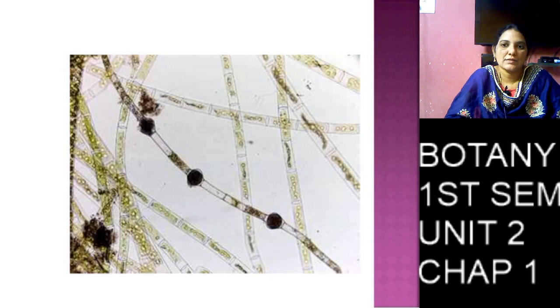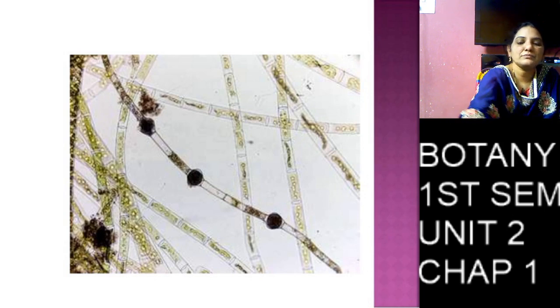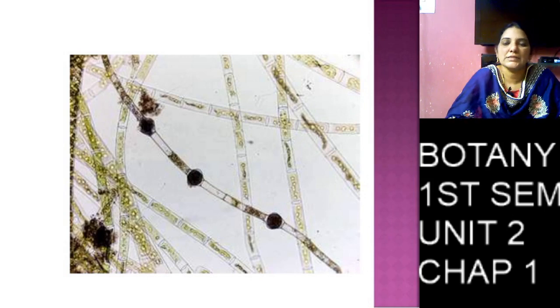The single cell wall is made up of three layers. The outer layer is made of chitin, the middle layer is pectin, and the inner layer is cellulose. In the middle part, one nucleus is present in the cytoplasm, and a reticulate chloroplast is present in the cytoplasm. So many pyrenoids are present in the reticulate chloroplast. Then the cell undergoes cell division.